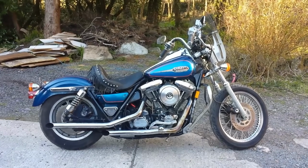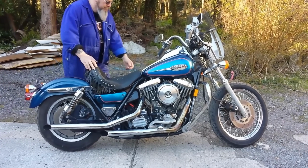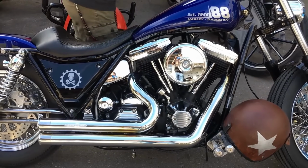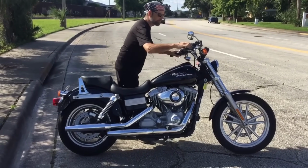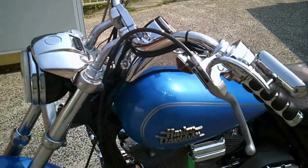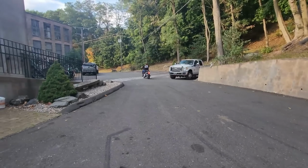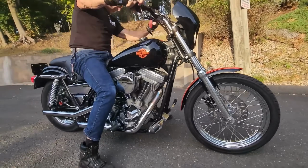What truly makes the FXR legendary is its rigid yet lightweight frame, which delivers razor-sharp handling compared to other Harley models of its era. Combined with its reliable drivetrain, the FXR is a bike that keeps going long after others have given up. The simple mechanical design makes maintenance easy and affordable, even decades after its release. It's one of the few Harleys that appeals equally to old-school purists and younger riders who appreciate a bike that